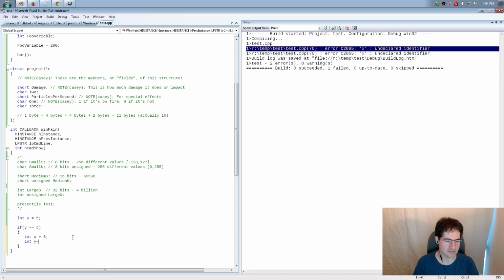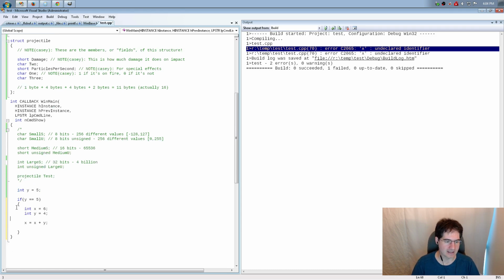So if I start doing stuff with variables in this block, by the time I start executing code in there, this stuff needs to be on the stack and live, and I can do stuff with it. But once I get to the end, it is no longer incumbent upon the compiler or the operating system to keep those things valid.